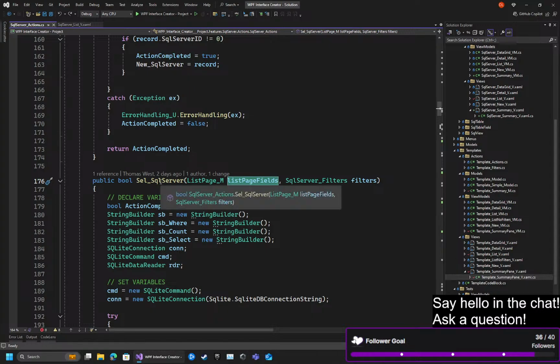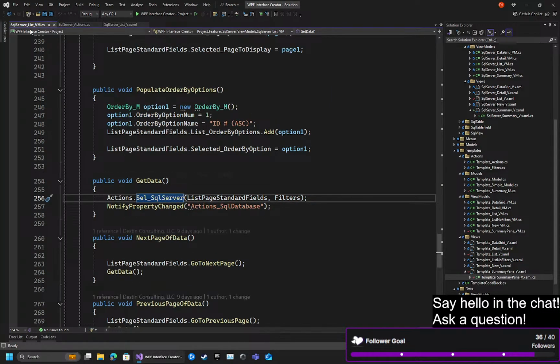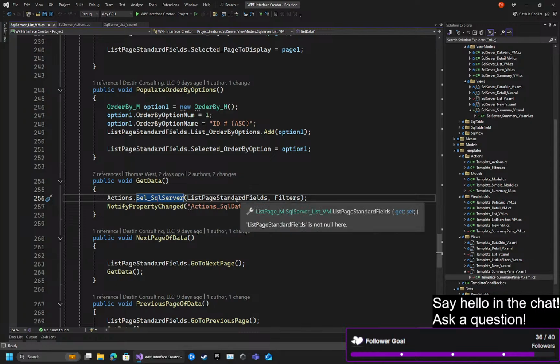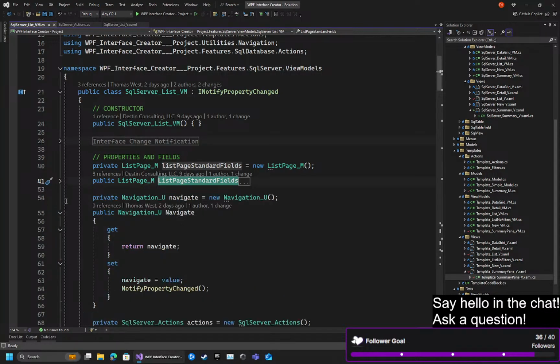Now, we could probably also send it a summary model, because if we go to the one place that this is being used, which is on the list view model, the actions class is calling it, and then it's sending in the view model. It's sending it from this view model, and the summary page is inside of this list. So we probably